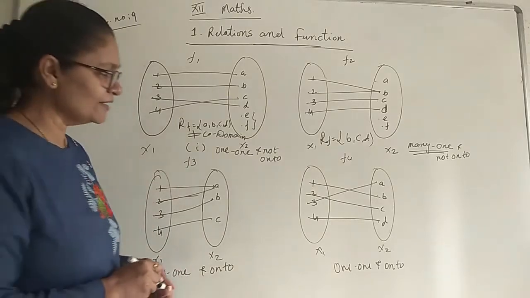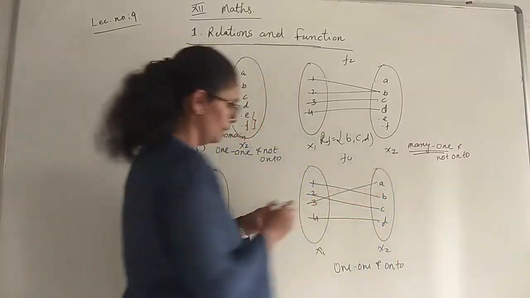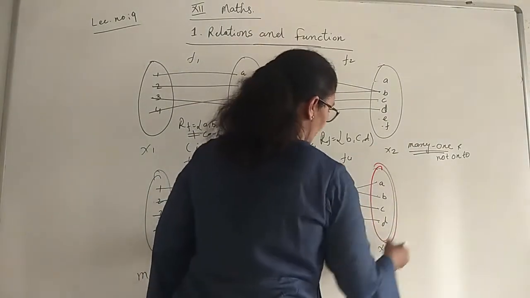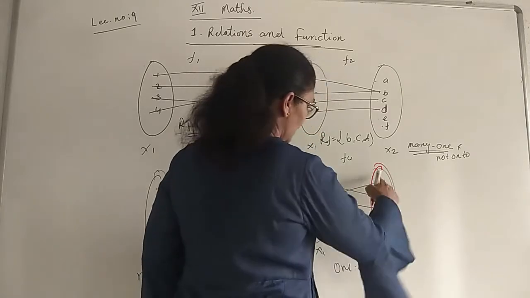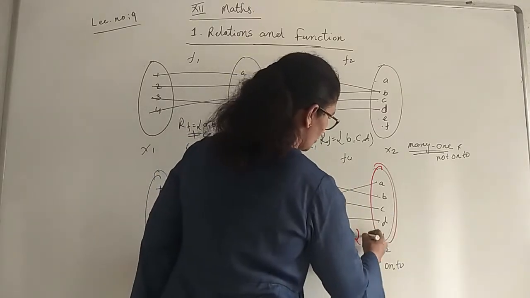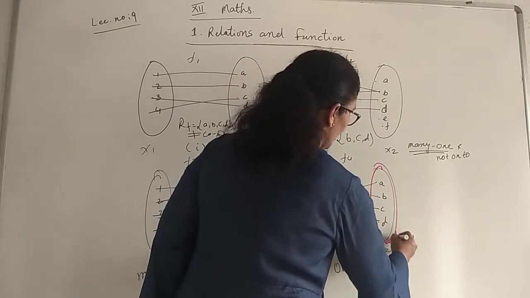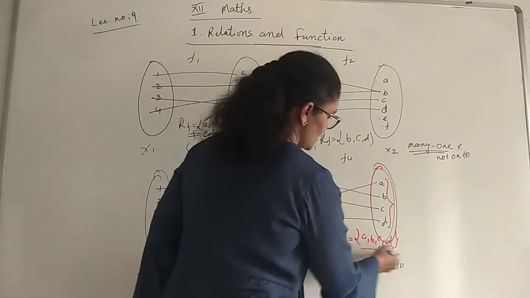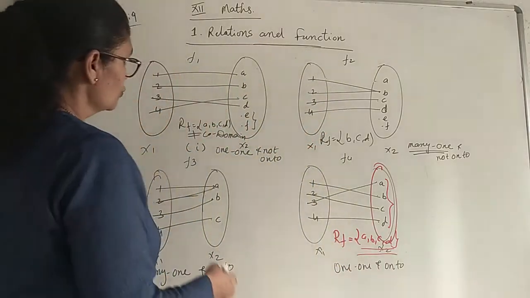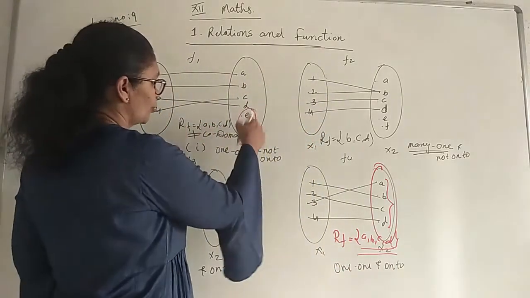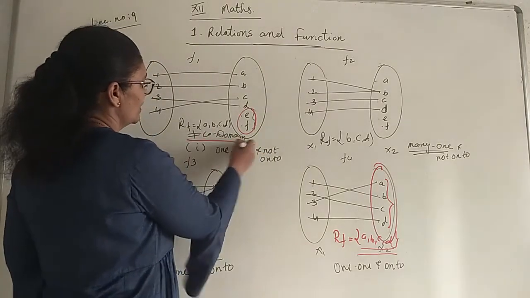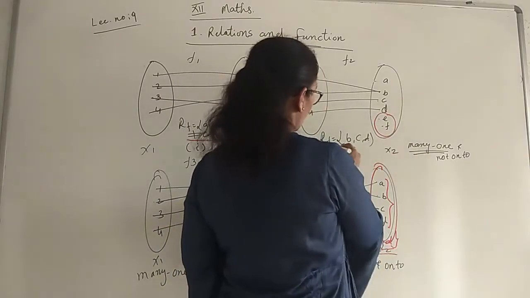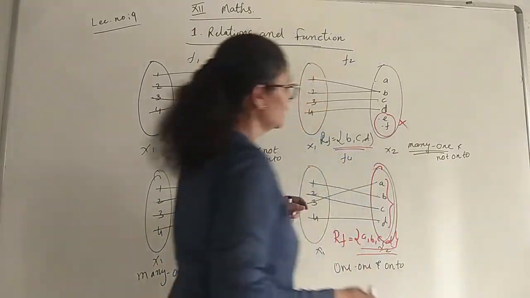You remember only one simple thing. This is called your codomain, and what is this? This is called the codomain. And what is your range? You can write, that is the answer of this, or you can say the image of it. So this is only your ABCD. If your range and codomain, these terms, and what you get as an answer are the same, then you can say it is onto. So check here, these 2 terms are missing in your range. So range and codomain are not the same. Here also you check, these 2 terms are remaining. So your range and codomain are not the same. So it is not onto.